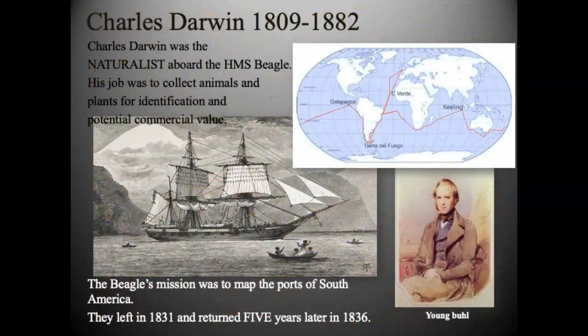So Charles Darwin, born in 1809, he was born in the United Kingdom. He wanted to become a doctor, but did not like the sight of blood, so he became a biologist. He was a naturalist on the boat, the HMS Beagle. And the big picture with the Beagle, if you look at all those places that Darwin went, you can see there on the left-hand side of the globe, he stopped in the Galapagos Islands.